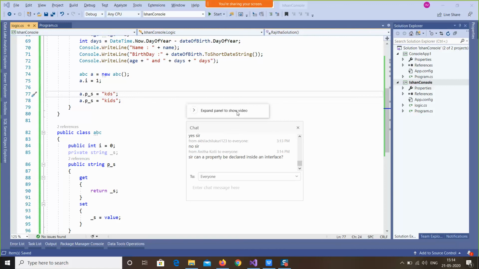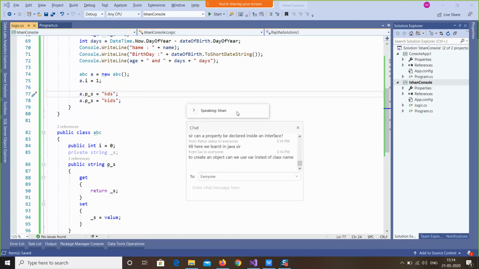Yes, properties can be declared inside an interface. I believe in today's lecture only the property is the new thing for all of you.